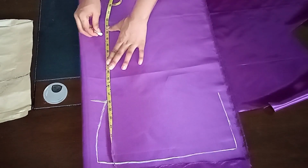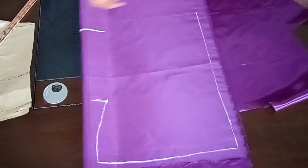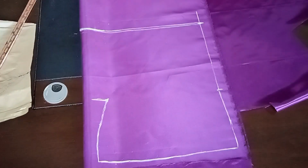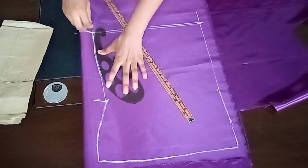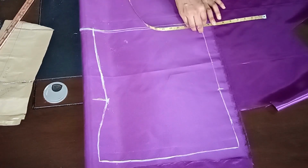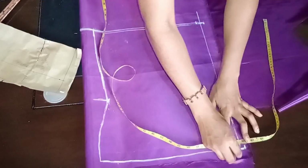So I traced out the joined back patterns together and then I extended the line to my hip points. After extending it, I went ahead to measure out the hip measurements and then I connected it to the traced pattern. So after connecting it, I decided to reduce the inner corset by half of an inch because this